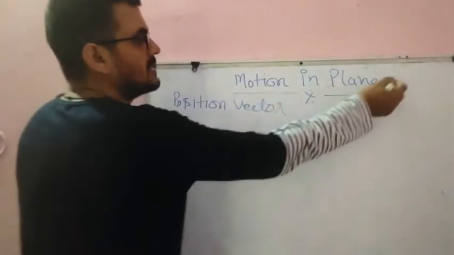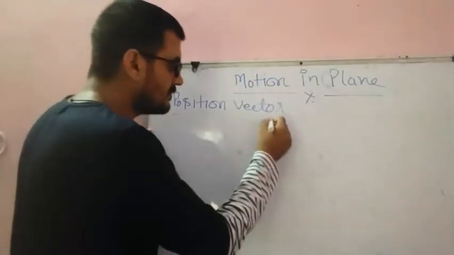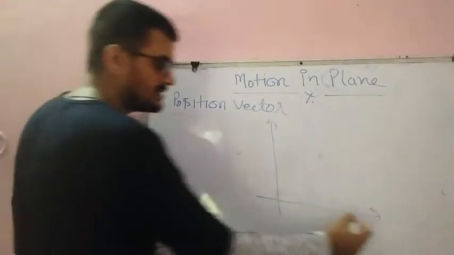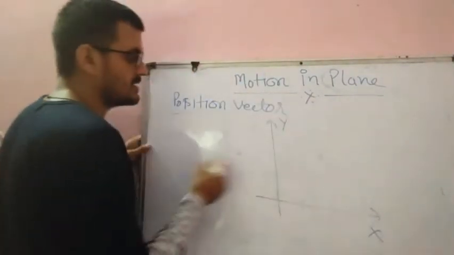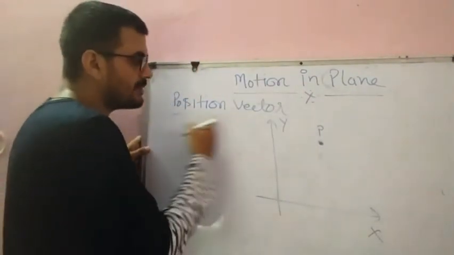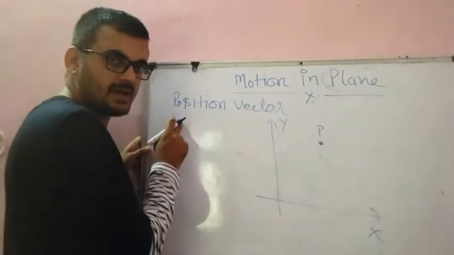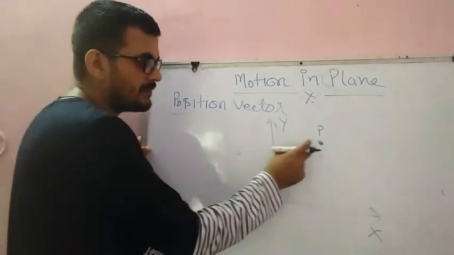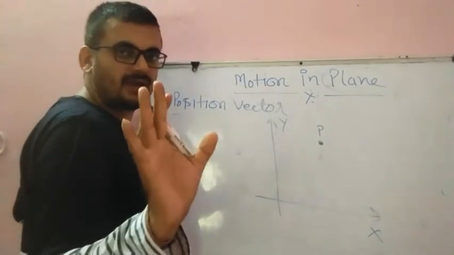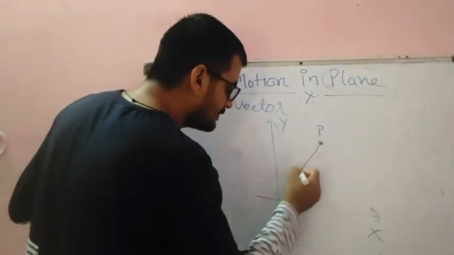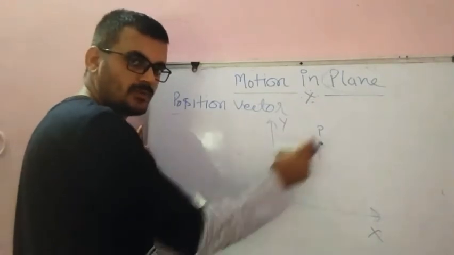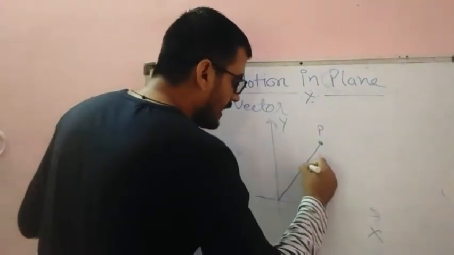Suppose करो, देखो हम ये क्या है, chapter name is motion in plane, so we will study here two dimension things. Okay, in two dimension, this is x axis and this is y axis. Suppose a particle or body is at point P, okay, so we have to represent its position vector. So position vector is the vector which represent magnitude and direction of body, or which represent the position of body from the origin. इस पॉइंट की ओरिजिन से डिस्टेंस को, पोजीशन को मेजर करेगा, this is represented by r.